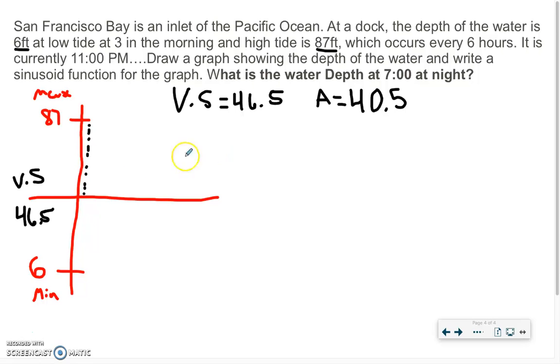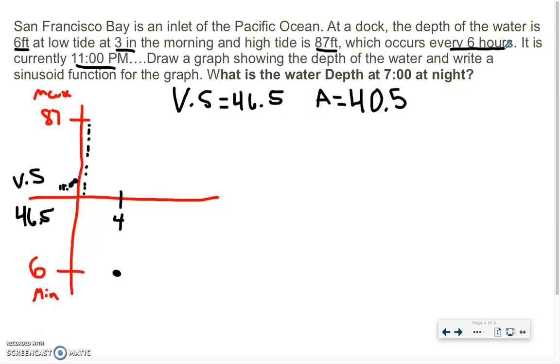Now we need to think about our period. Currently it's 11 p.m. When we are 4 hours past 11 p.m., so at 3 a.m., it's supposed to be at its lowest. So that's 4 hours beyond the current time. 11 o'clock here is my starting point. But now I'm saying at 3 a.m. we're at our minimum. So I'm going to put a dot at low, and then every 6 hours